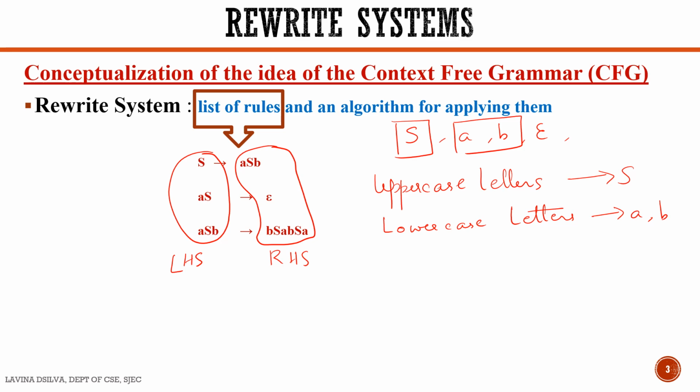And using these two types of elements or letters which appear in the rules, we introduce two terminologies which are associated with rules. The two terminologies are